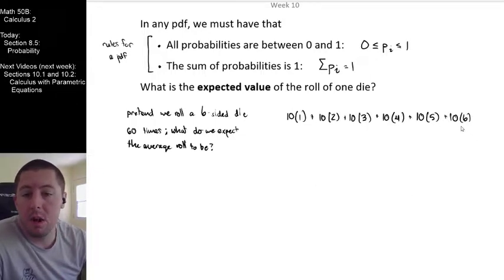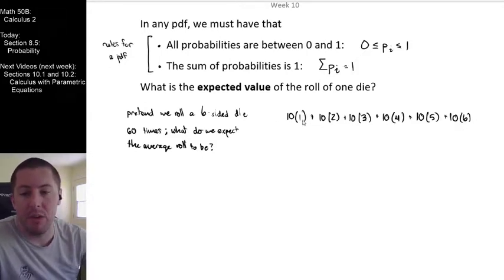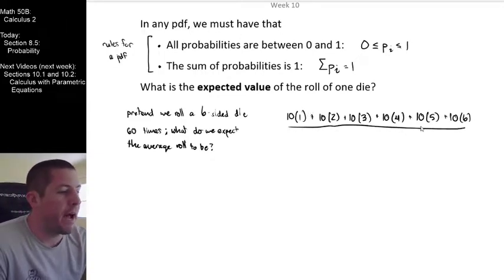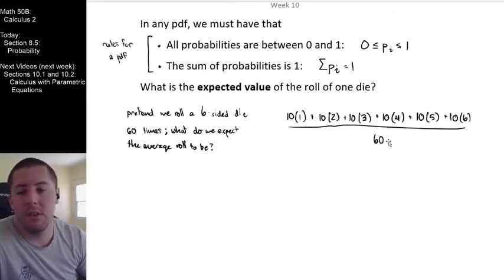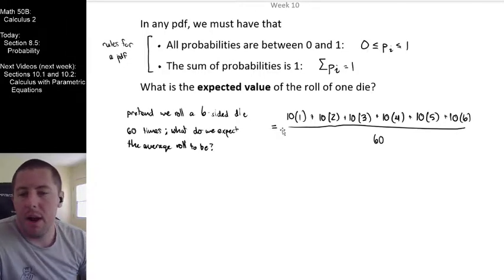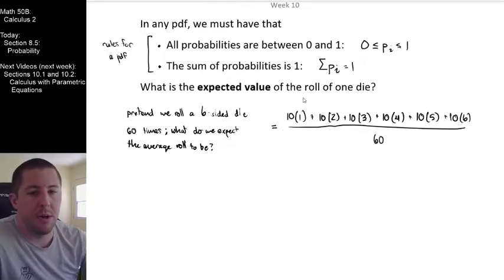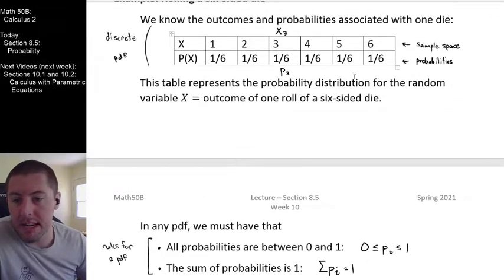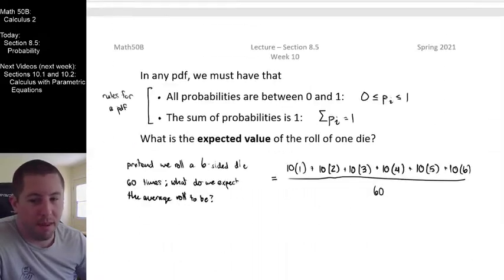But remember, we wanted to know what the average roll would be. Since we've added up the expected values, we need to divide by the number of rolls to get the average. So I'm going to divide this by 60. Since we're trying to build a meaningful formula we can use later, instead of just directly doing this computation, I want to recognize that there's a really nice simplification. All of these 10s nicely divide by this 60. In fact, 10 over 60 is 1/6. 1/6 seems to be a very relevant value to identify within any computation associated with this probability distribution function.